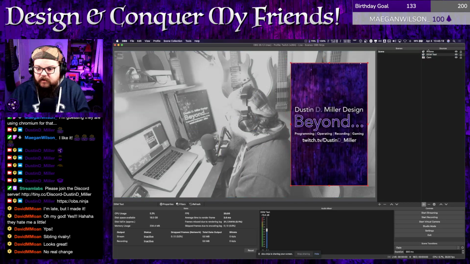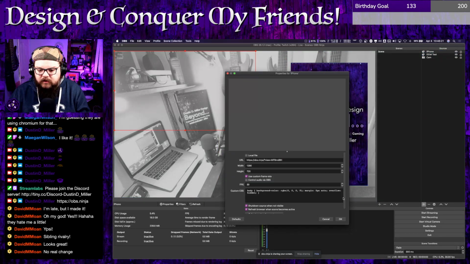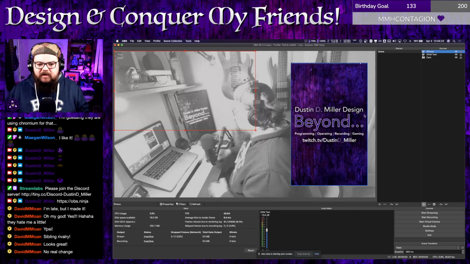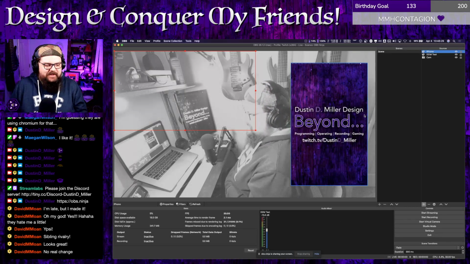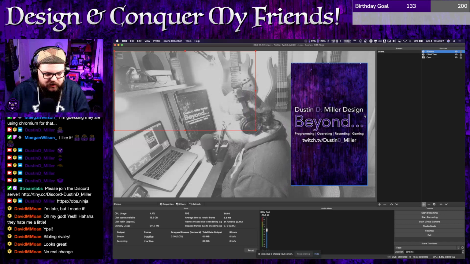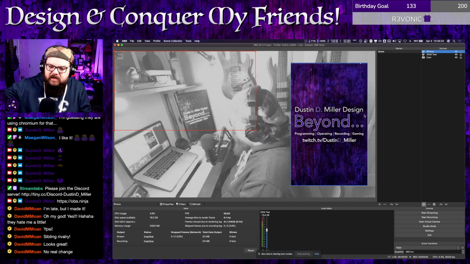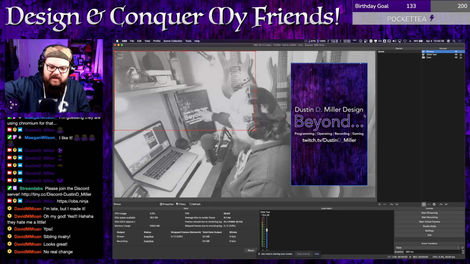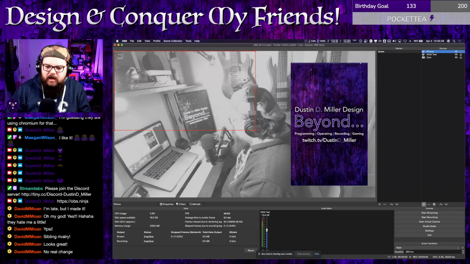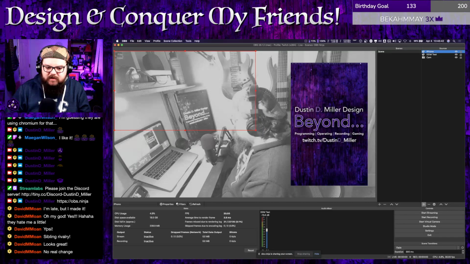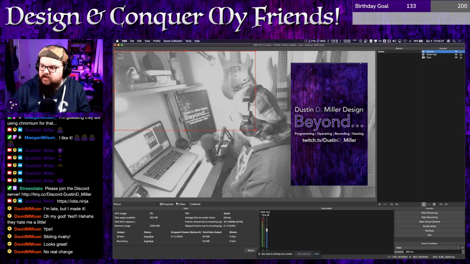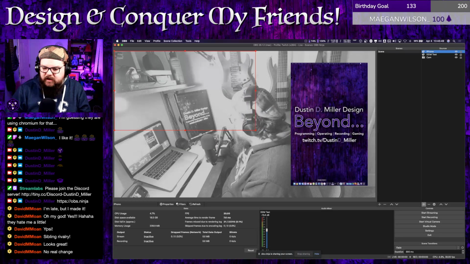So now I have two OBS screens open at the same time, my computer's mad at me. But I now have an external monitor over here that you all have been seeing in the background, is now a browser source, and you can see my mouse is on the screen in the background, but you can also see it on the shared screen. You can see my dock pop up.